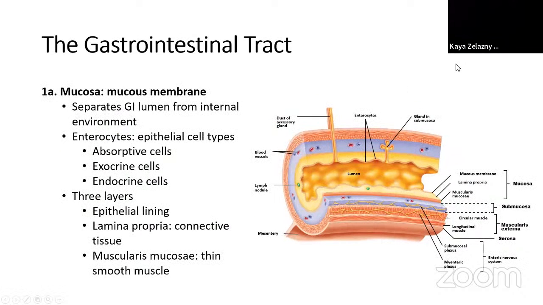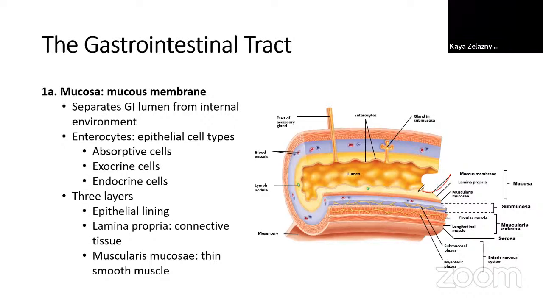So we're going to start with the mucosa, so that innermost layer, that mucous membrane. What this is doing is separating the contents of our GI lumen, so separating our food, essentially, from the internal environment, by which we mean the rest of the abdomen, all the other stuff in there. So the first part of this is going to be the direct cell lining, right? So this mucous membrane